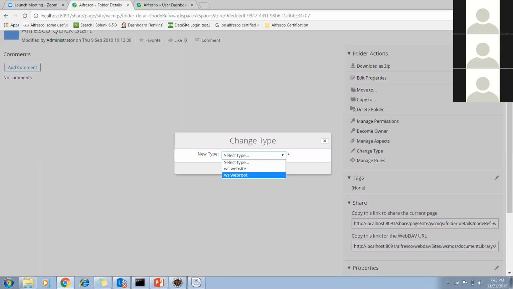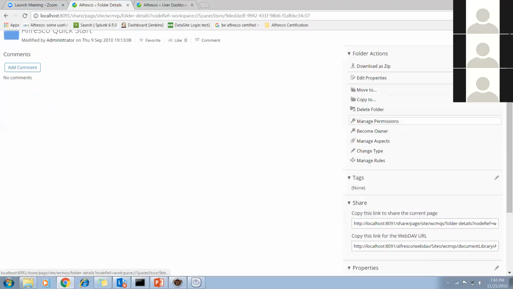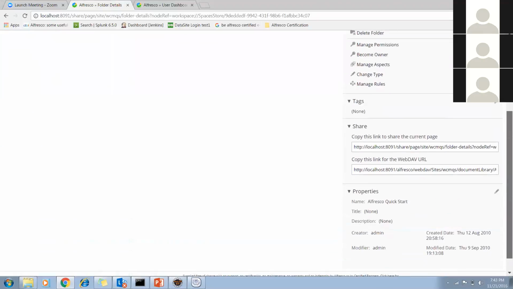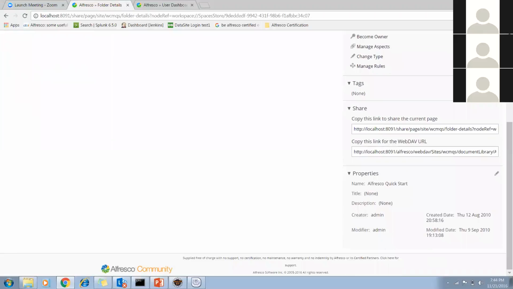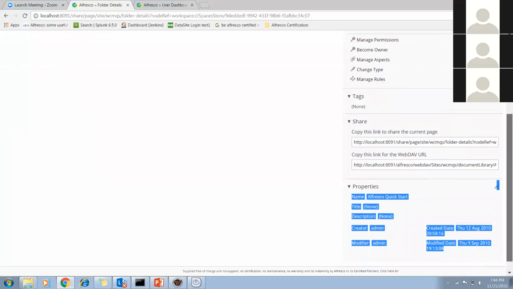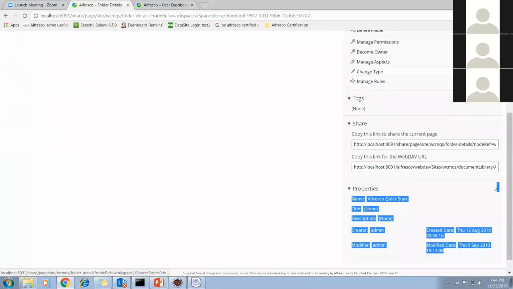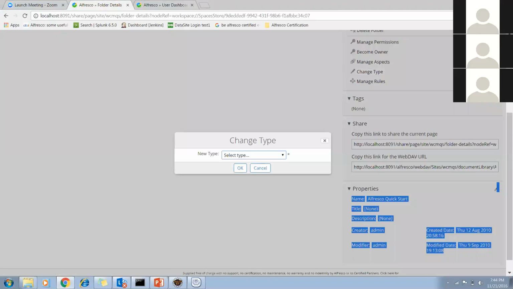Now, which type is it in, Jamal? Is it in the default type? Yeah, it's a default. It's a website, see here. Yeah, you can change it with the website. You can change it with the subtypes. So based on the properties, you can identify it as well. If you see here, the type is not available, that means it's a default.